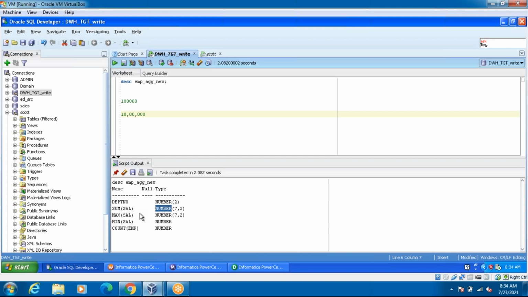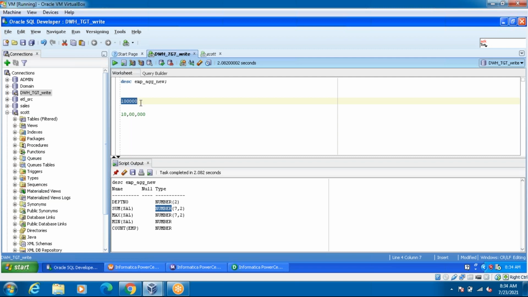What is the derived functionality you have to use? For example, here 1 lakh employees are there in this scenario. Take one scenario: 1 lakh employees are there in my source table. It could be possible, or it can be customers, not only employees. So 1 lakh customers are there. Their investment, how many are there?